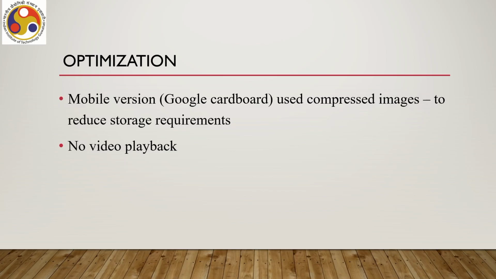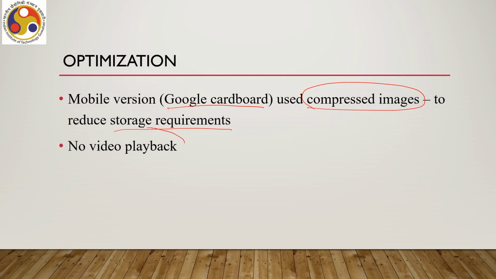Now, we also created a mobile version to be experienced with Google Cardboard. This 5.1 GB application was not suitable for deployment on mobiles. So, what we used is compressed images. Whatever 360-degree or 2D images we have captured in high resolution, we compress those to reduce the storage